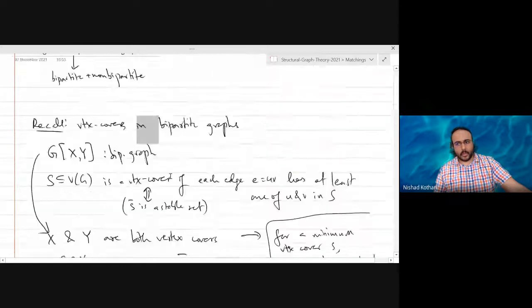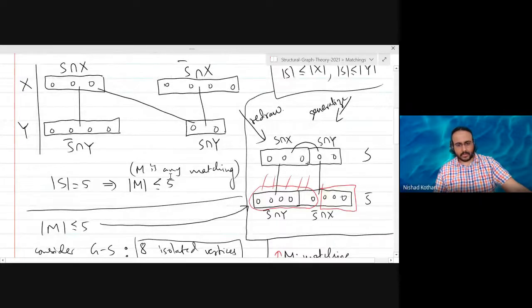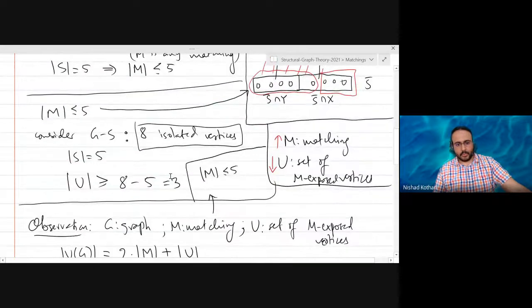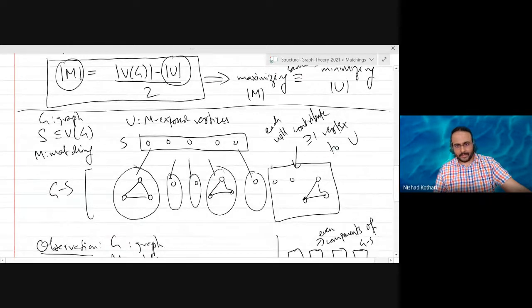So let's do a quick recap of the main points from last lecture. Right, so we started with vertex covers and then we looked at a different way of looking at it. And that led us to a more general observation, which is that if you have any set of vertices S in a graph G, you delete these vertices and you look at the remaining components, right? Some of them will have an odd number of vertices, we will call them odd components, and some of them will have an even number of vertices, even components. However, the number of odd components plays an important role in the size of a maximum matching.